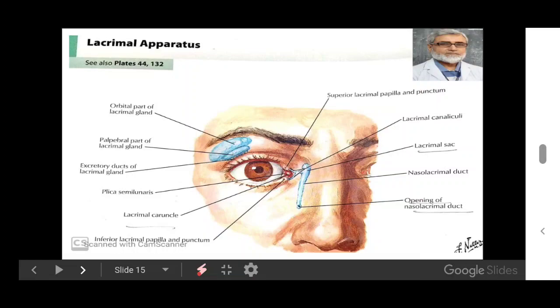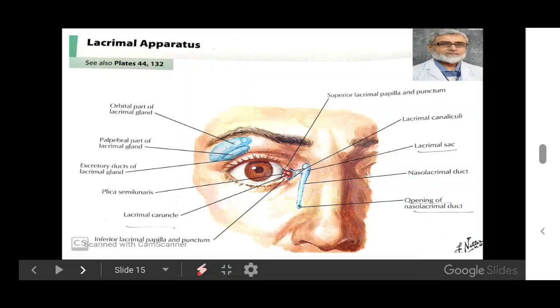What is the conjunctiva? It is a thin membrane covered with stratified squamous epithelium, lining the deep surfaces of the eyelids. Over the cornea, it is firmly attached and known as the anterior epithelium of the cornea. Over the fornices, it is loosely attached.